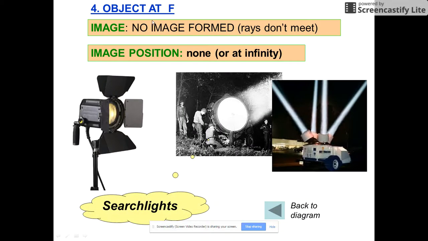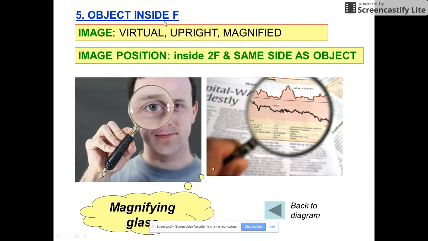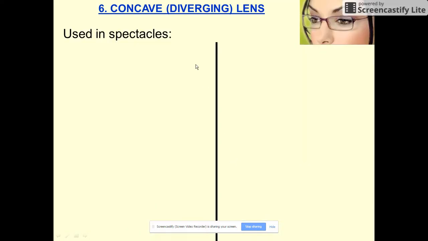And then we had the situation where we had the object at F and the rays didn't cross. They just went on forever. This is what we use in searchlights, like if you're calling Batman. And then we moved the object even closer, inside of F, and you get a virtual, upright, magnified image. This is what you've got with magnifying glasses. And we will stop